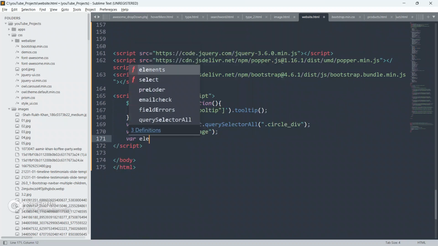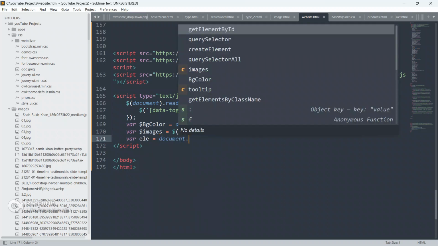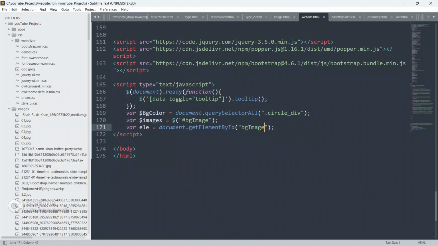So just go here, create a var again, give it as element and give document dot get element by id, and we are going to select this bg image. Okay, this bg image.